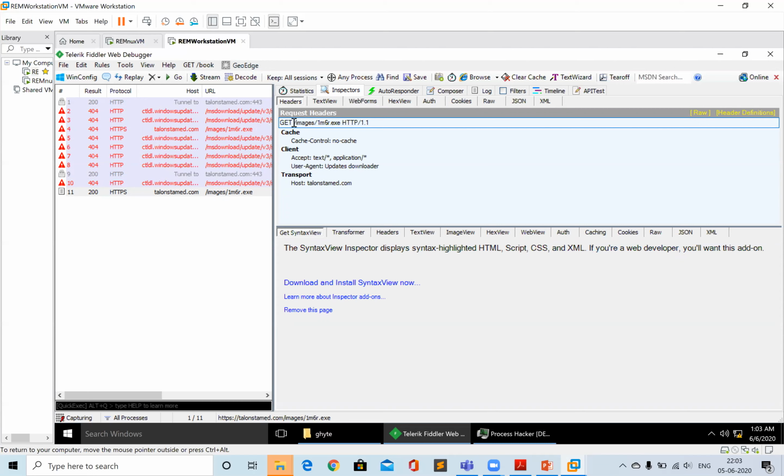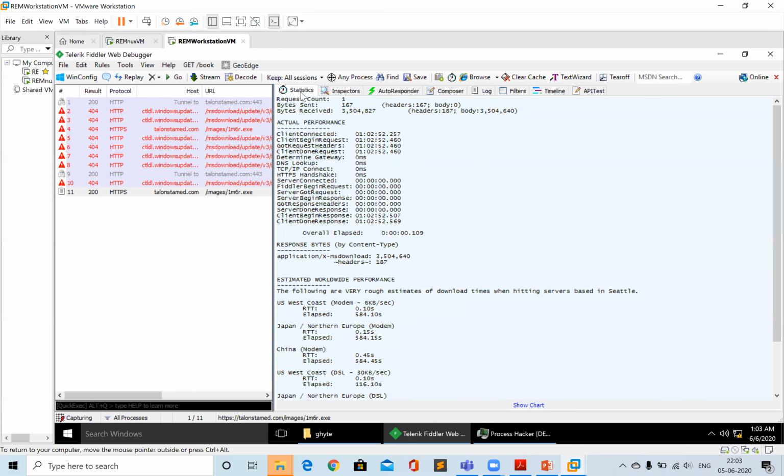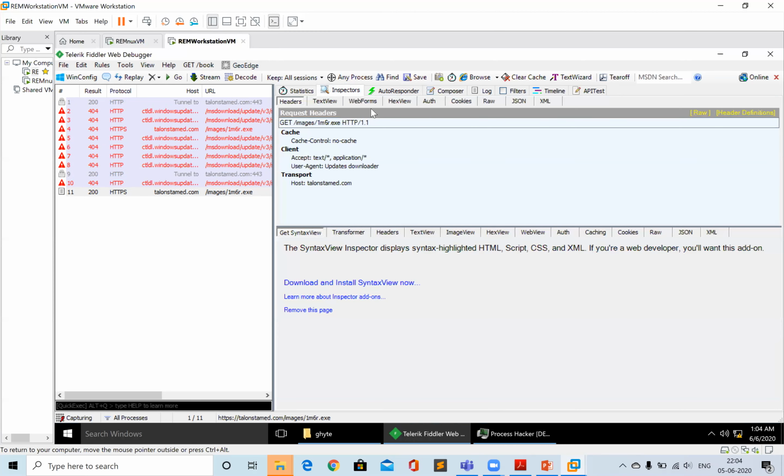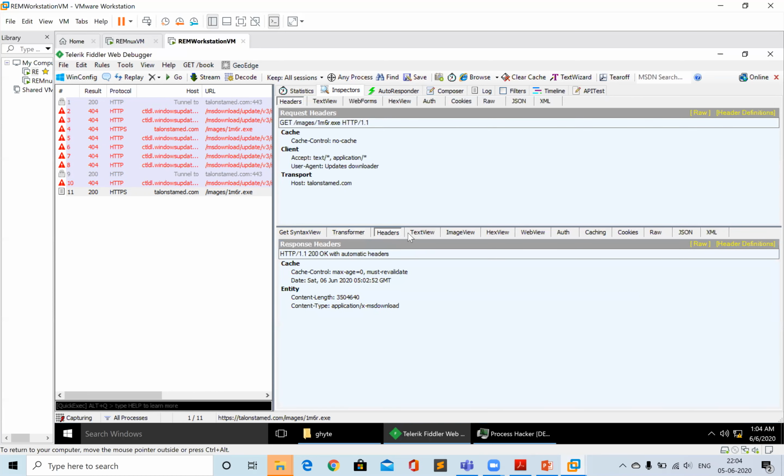If this is an HTTPS connection, you can't normally see the GET values, like the 1m6r.exe that you're seeing over here. You can't see the request header, like the user agents and all the other things, and that's actually the decrypted format that you are seeing right now. There was also a section where you can see the response header.